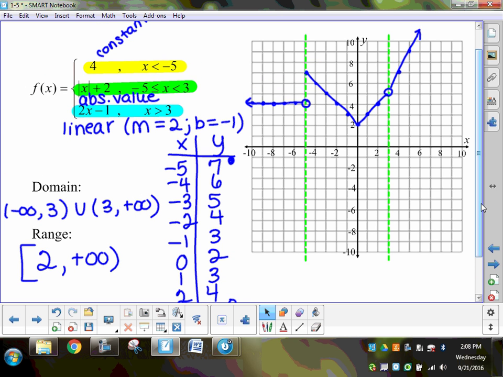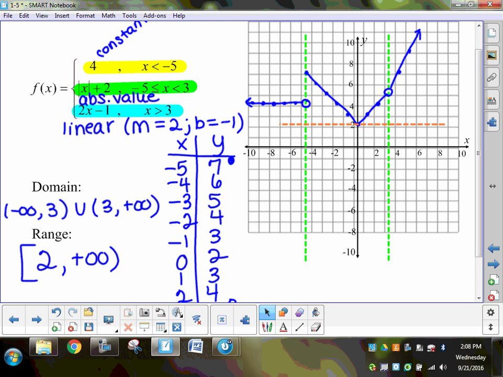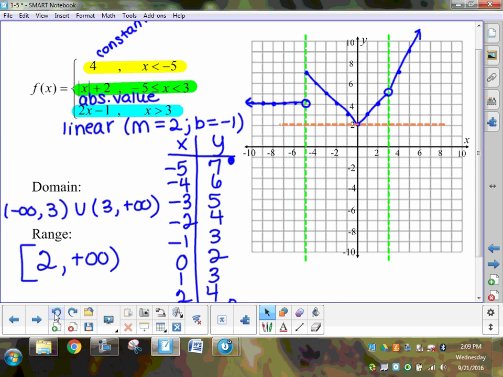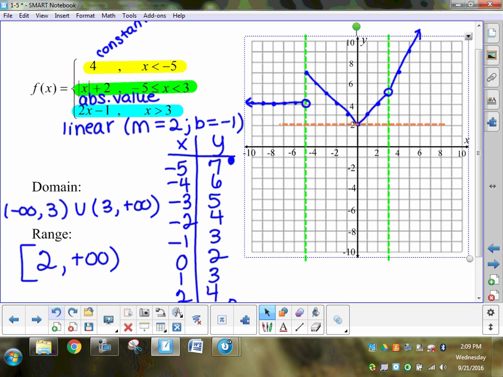We're talking about this right here. You're right. It doesn't include that 5. Is 5 used? It's this piece of the graph. Remember, I'm scanning. In order for it to be in the range, as I move this line up and down, is it going to be hitting